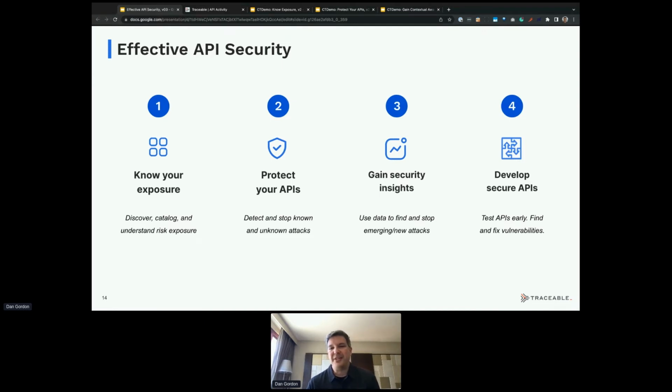Now, why should that maybe be first or last? It doesn't really matter what order we talk about it in, but if you think about it, in a situation where we're under attack, we want to triage and contain the situation. Developing secure APIs is something we need to do absolutely, but it's proactive. So we need to do both of these really simultaneously, but we need to make sure that we can protect ourselves, because, I hate to say it, we're already clearly seeing out there that we're falling victim to these vulnerabilities.